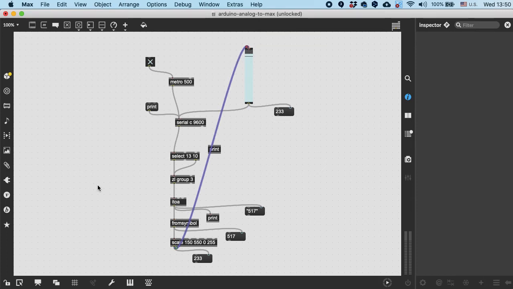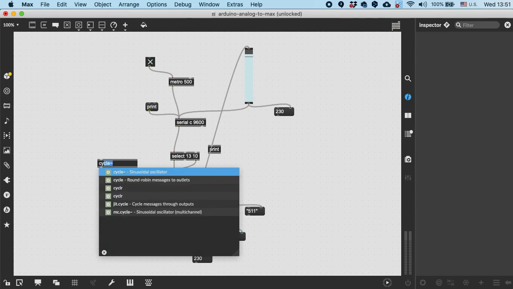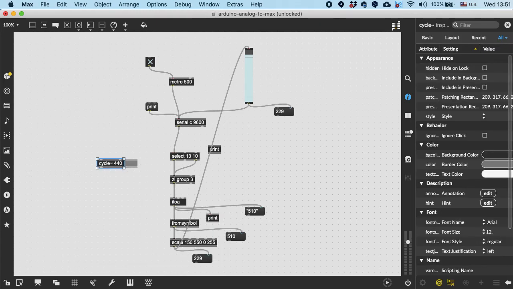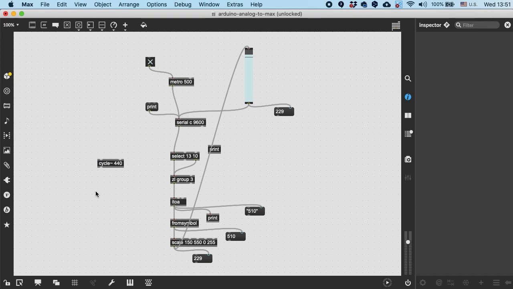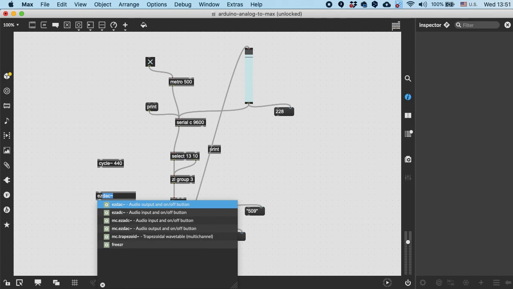We could do the same also with the sound, as we have already the number which is ranging in our case from 180 to 550. We could use this number directly as our frequency. So if you remember, for frequency we were using an object cycle. As a default frequency we could use 440, and we still need our speakers. And our speakers, if you remember, we were using